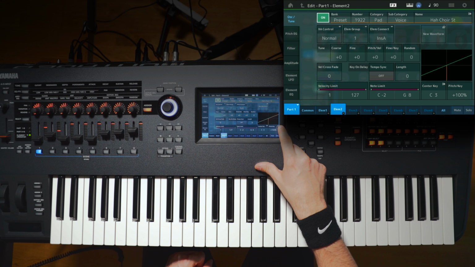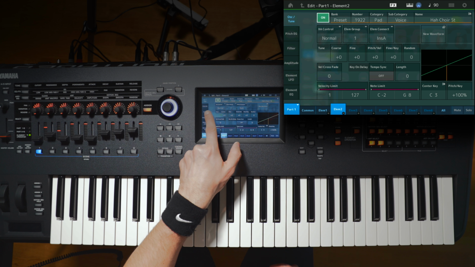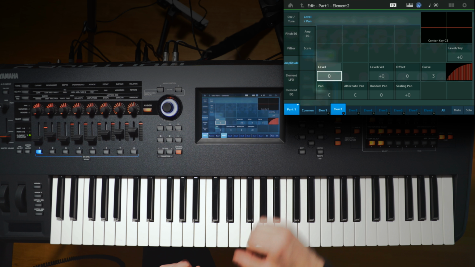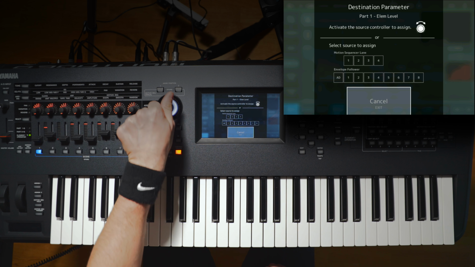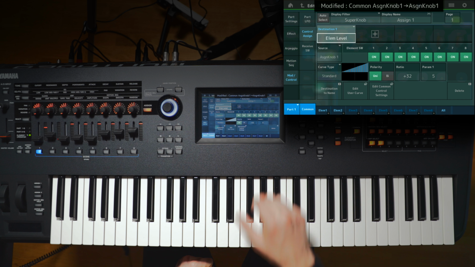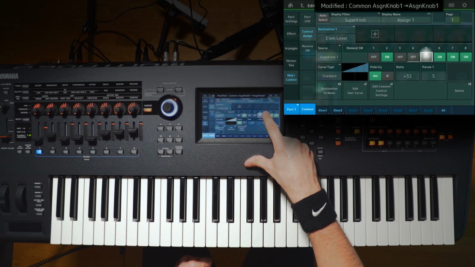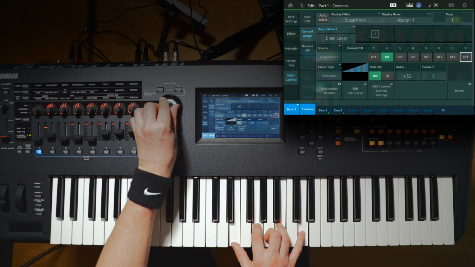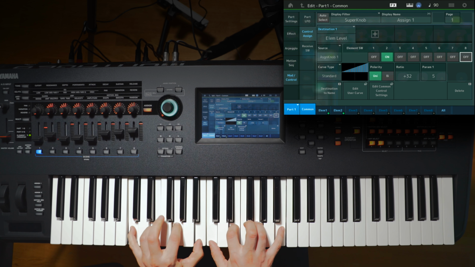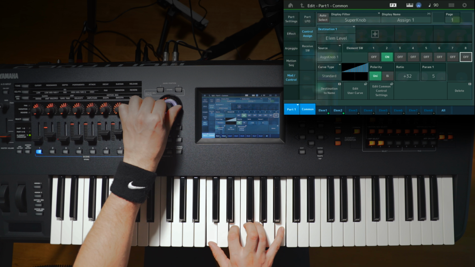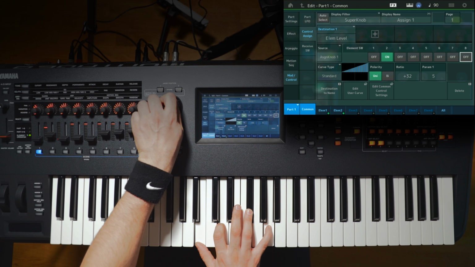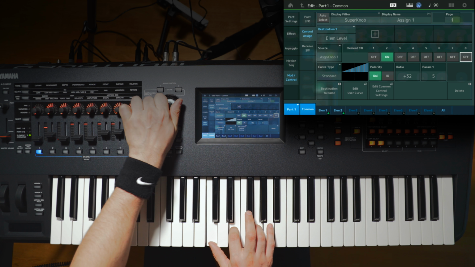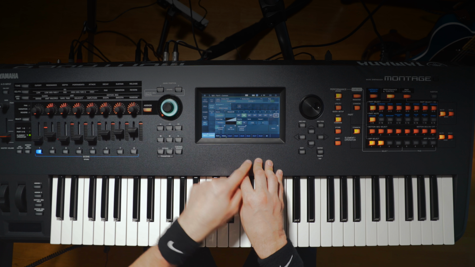And let's see, maybe I want to go to my amplitude, go to my level, then I go all the way to 0 and control assign it to the super knob, and I know it's element number 2. Great, so let's see how it sounds now. Great, now let's say I want to